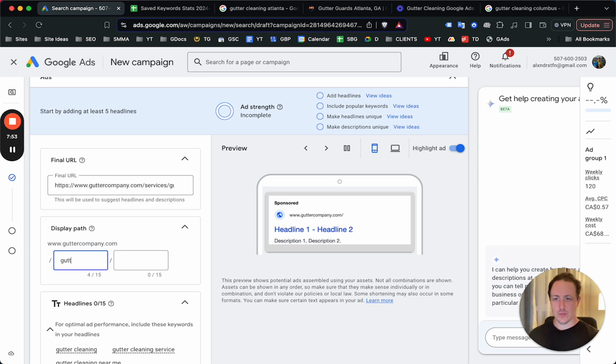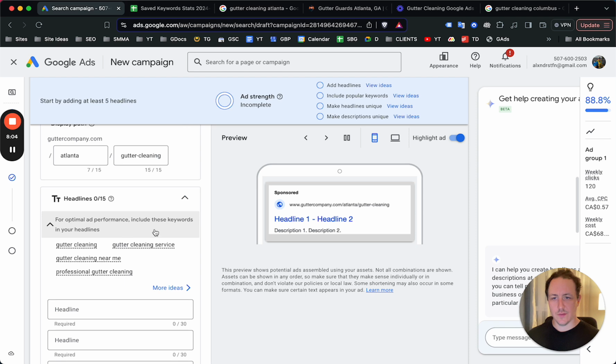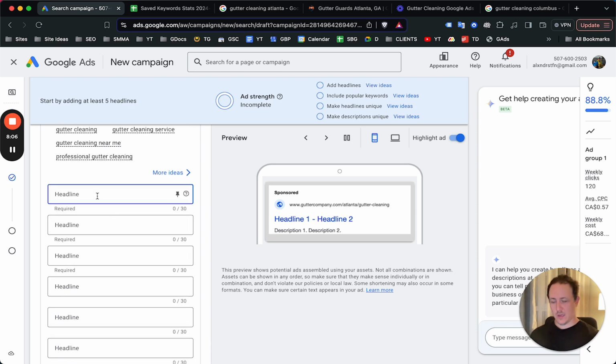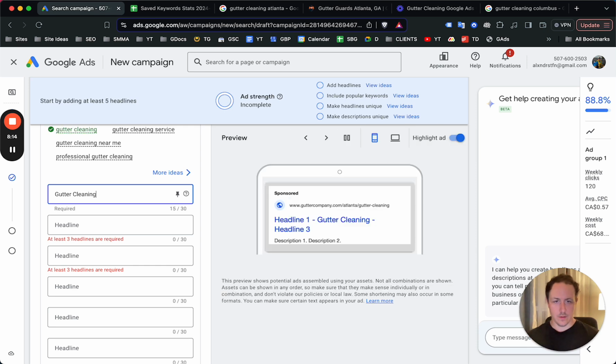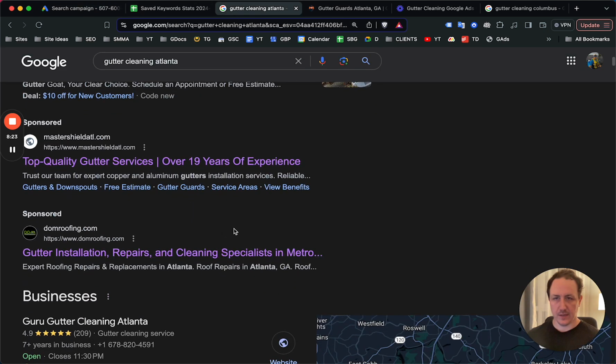And then from here, you would just do gutter cleaning if it fits, yes, or you could just do Atlanta and then gutter cleaning, just as a little bit of a boost there. You can split test this if you wanted to. From the headlines, you would always mention in most headlines the service and the location, right? Anything else you offer beyond that is fine, but you always want to be mentioning as much as possible the service and the location. You don't want an ad to show up that looks